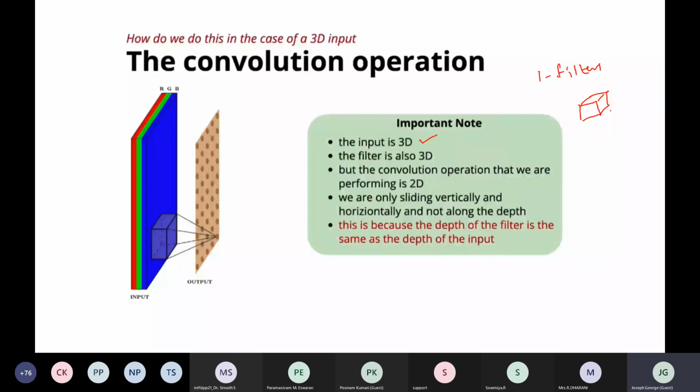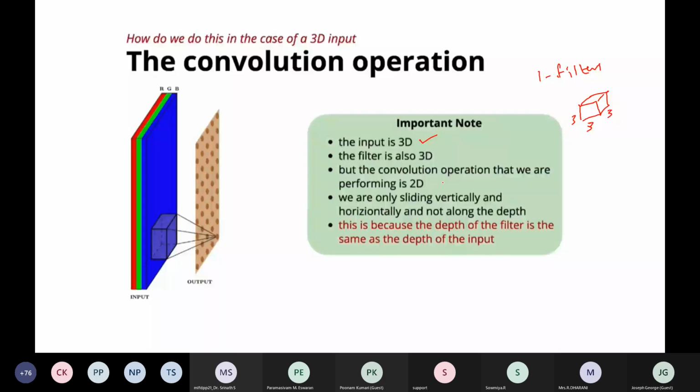So generally, as we increase the convolution layers, in each and every convolution layer, the input will be either an image if it is the first convolution layer, or, if it is the second convolution layer, the activation map.